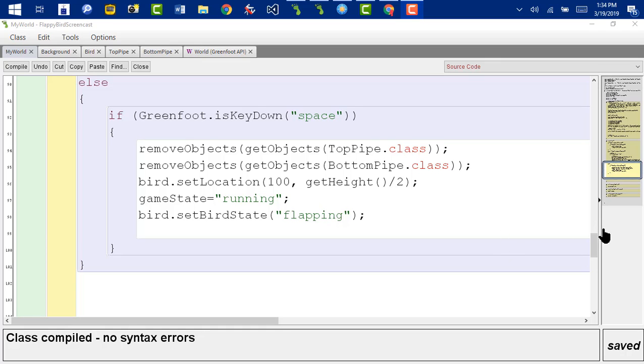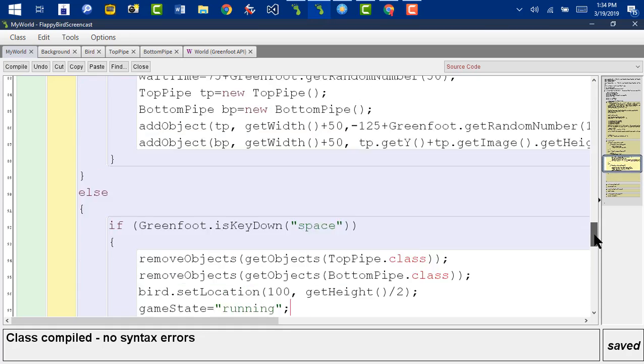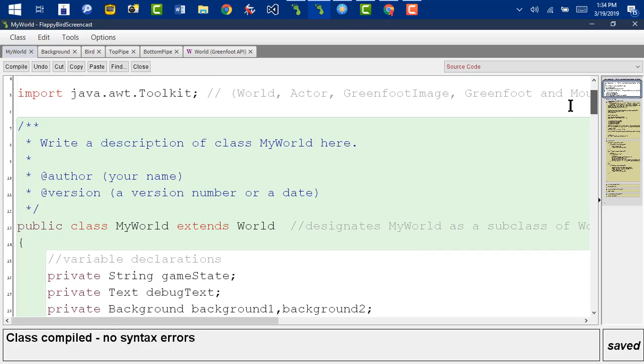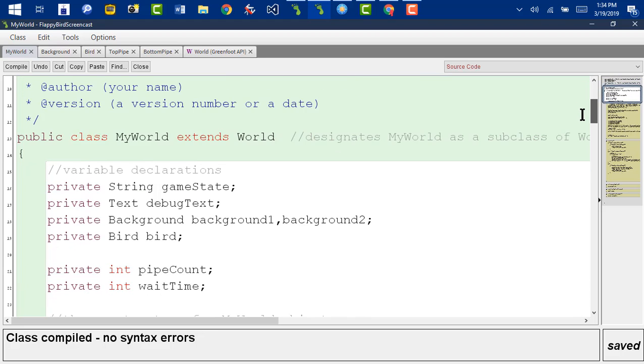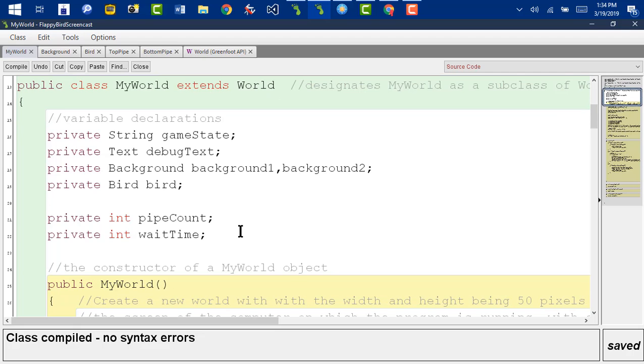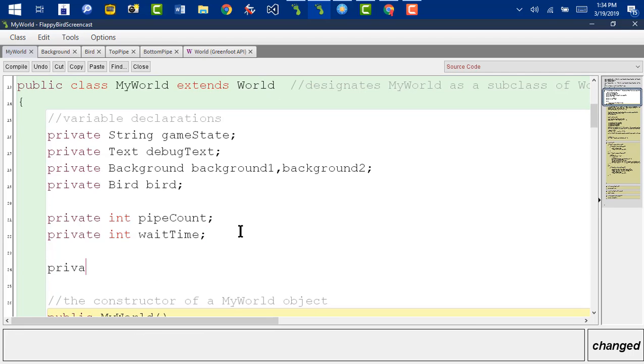Hi there, in this screencast I'm going to show you how to keep score. On Flappy Bird the score is pretty simple. It's just how many pillars have passed the bird, or how many the bird has successfully navigated through. So the first thing I'm going to do is make an int variable called score,